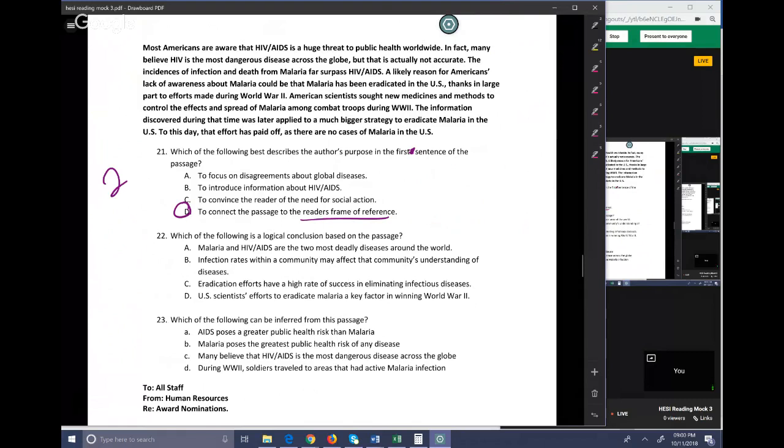So they mention something that isn't their main idea first. They mention something that is not their main idea because they want to relate to what you know, so that after that they can say HIV and AIDS is a big issue. You would be right to think it is a danger to public health, but malaria is quite a bit more of a danger to public health. So they're trying to get you to think of this big, bad, horrible, scary disease so that they can say, well, here's one that's quite a bit worse than the one you thought was really bad.